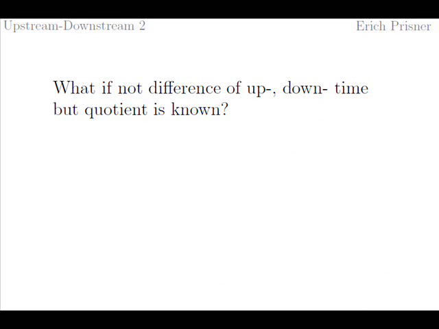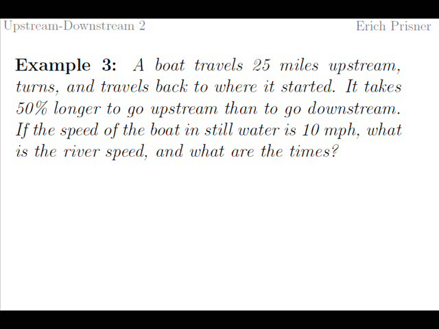What if upstream doesn't take 1 hour longer, but say 50% longer than downstream? Instead of the difference of the times given, the quotient of both times is given, 1.5 in our case. So, example 3. A boat travels 25 miles upstream, turns and travels back to where it started. It takes 50% longer to go upstream than to go downstream. If the speed of the boat in still water is 10 miles per hour, what is the river speed and